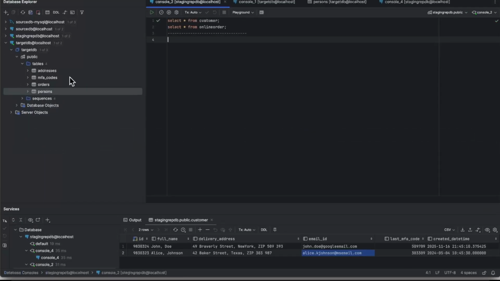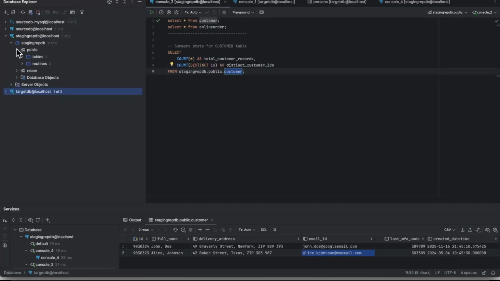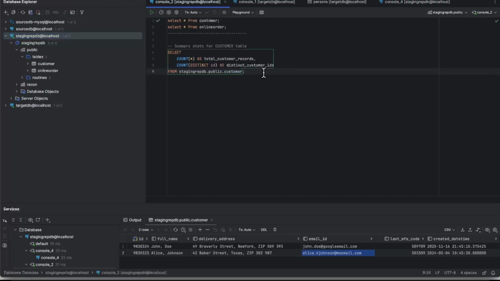So this query is from the source, and we are in the source database, and we'll run it here. Paste it. It's saying count star as total customer records from staging database public and customer table, and this is the final table here. So staging database, public schema, and the customer table. Okay, let's close that. Let it be open. It doesn't do any harm. And if we run this,